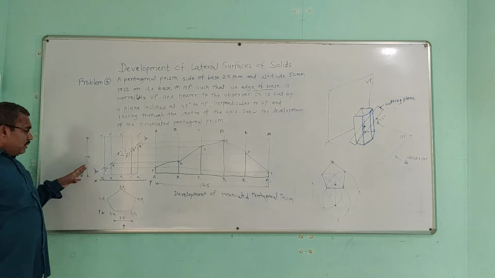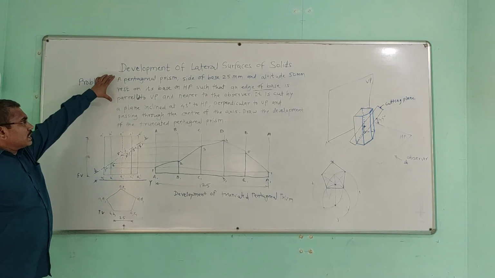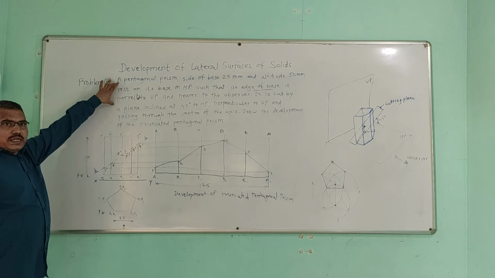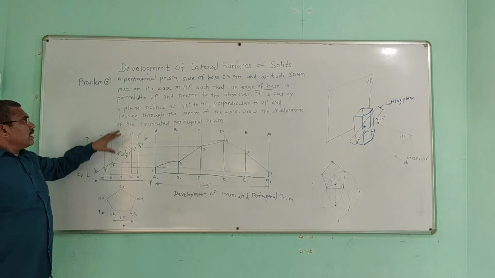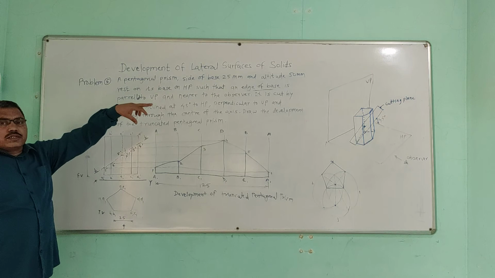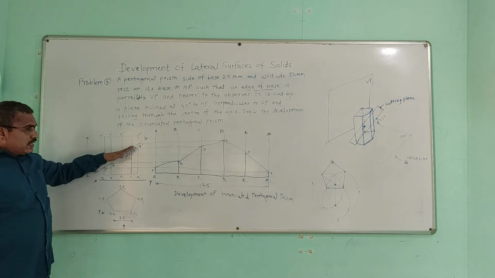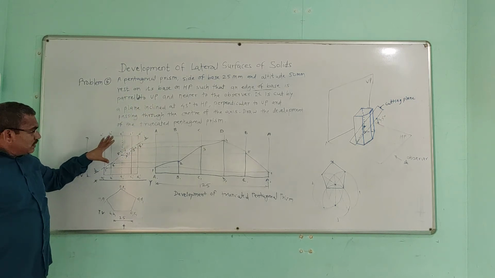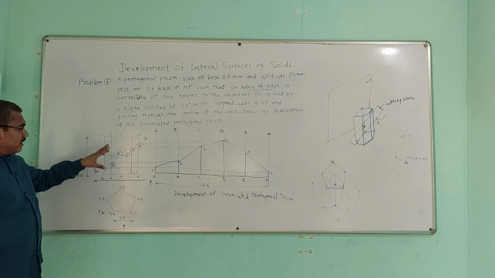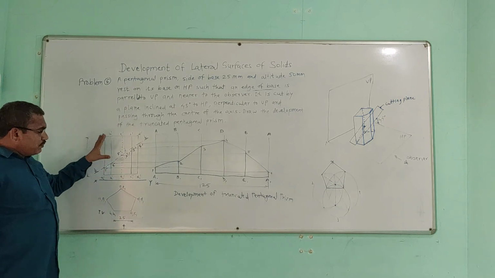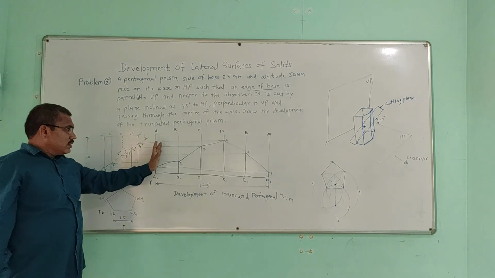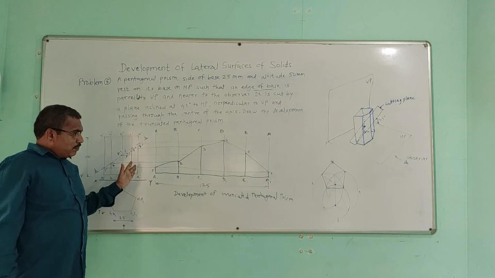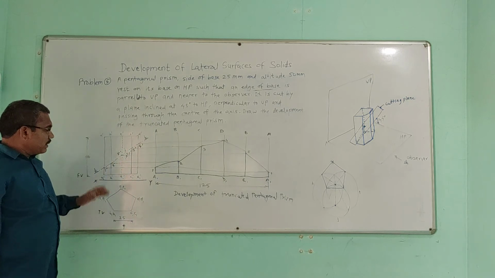So once again I will repeat this. First, considering the statement related to the position of the prism, you have to draw the orthographic views. Then secondly, consider the statement of the cutting plane, set the position of the cutting plane in the front view and name the front view and top view accordingly. Draw the projections and complete the development by parallel line development as it is a prism.